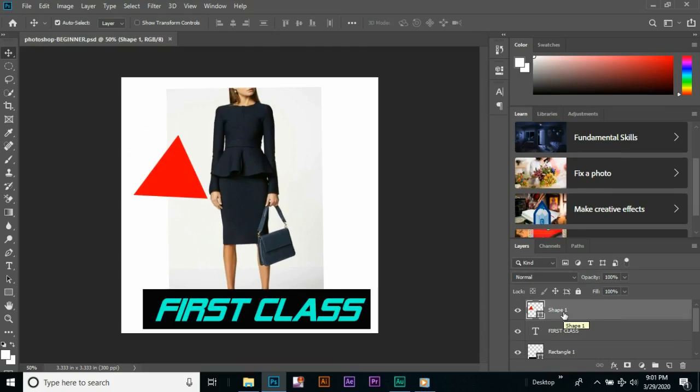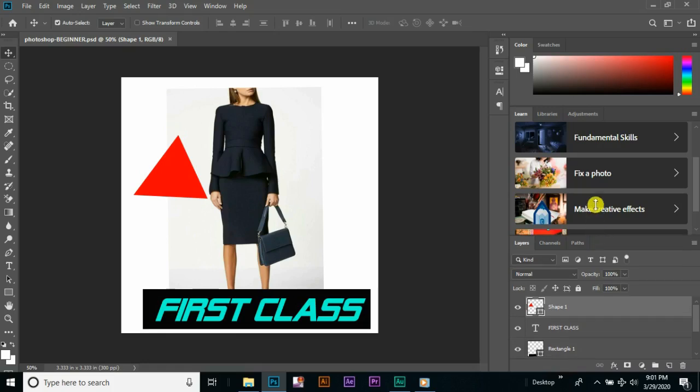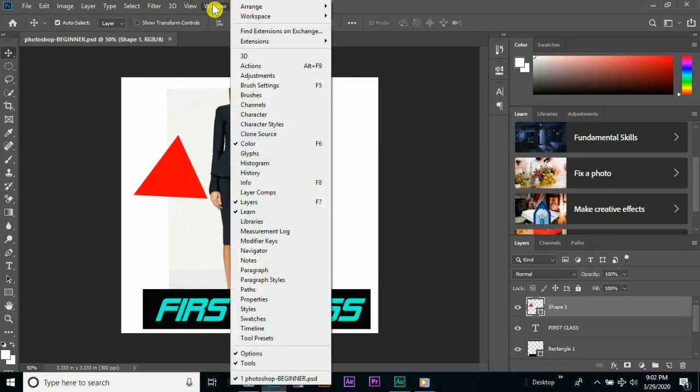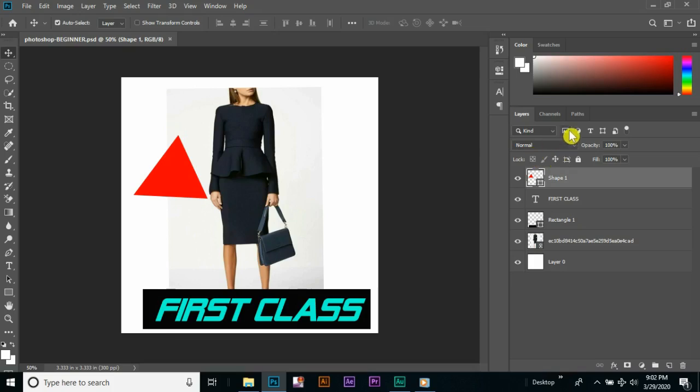So let us talk about layers and effects a little bit. Let me first expand this window right here for layers. In case you don't need these windows, just go to Window and look for Learn and click on it, and it will disappear. So let me expand the layers panel, or the layers window. Layers contain